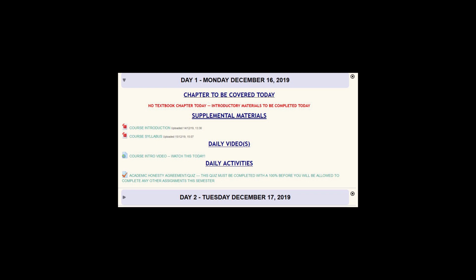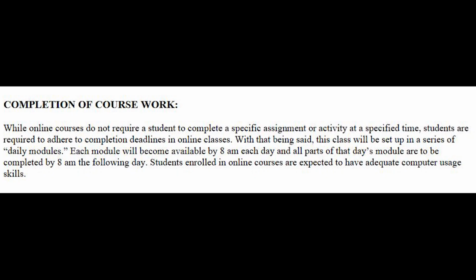Each day of the semester will have one of these tabs, and you will be expected to complete everything in that tab for that day. Now, the way the days will work is materials will become available to you at 8 a.m. in the morning, and they will need to be completed by 8 a.m. the following morning. So, today, Monday, the first day of class, December the 16th, you click on the